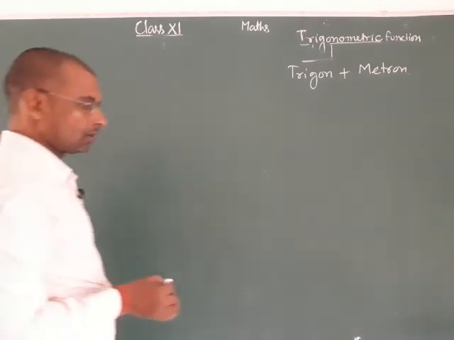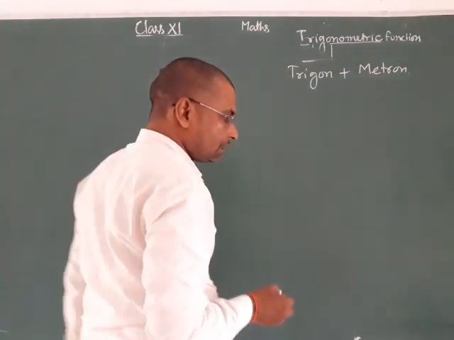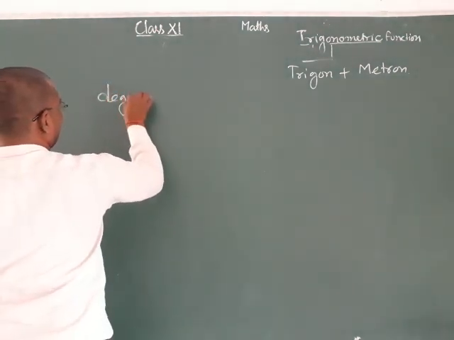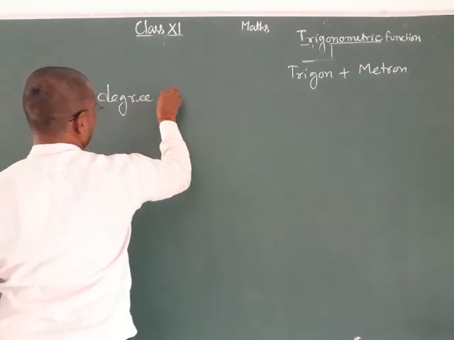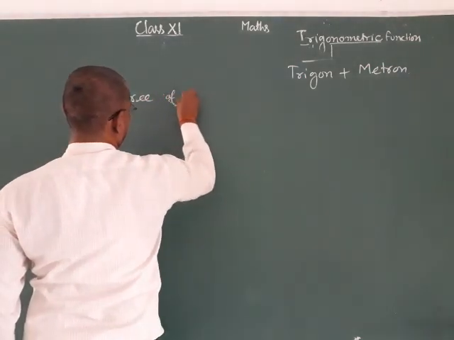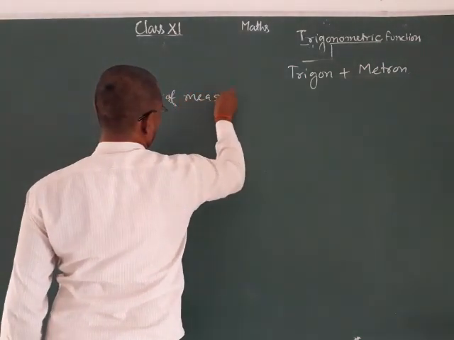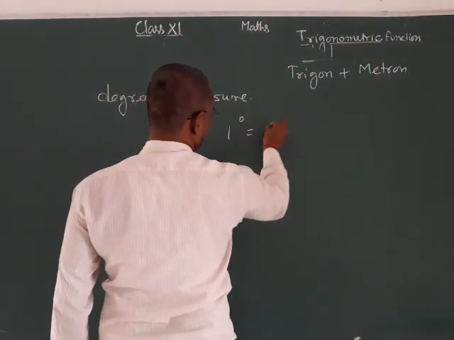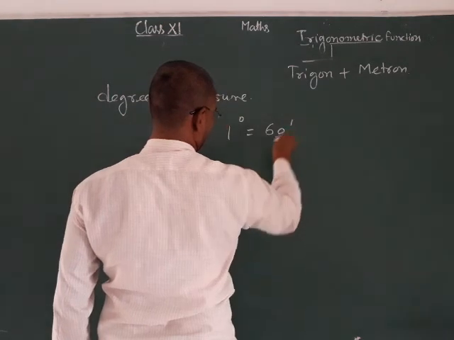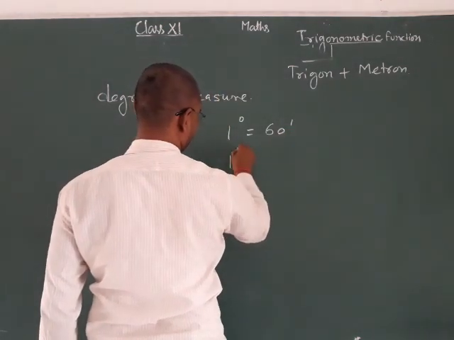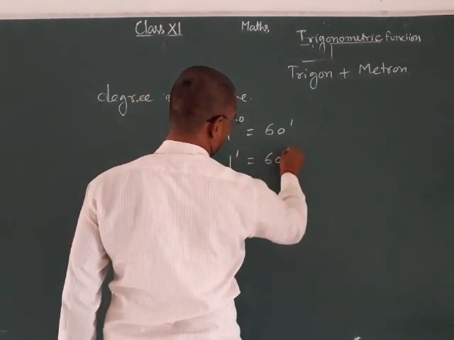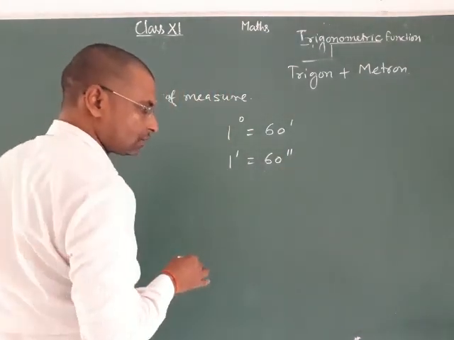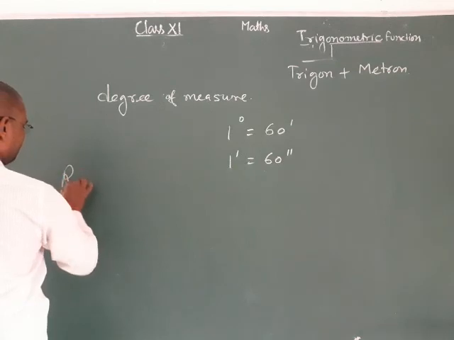So now let us look at degree measure. 1 degree is equal to 60 minutes and 1 minute is equal to 60 seconds. And also the relation between